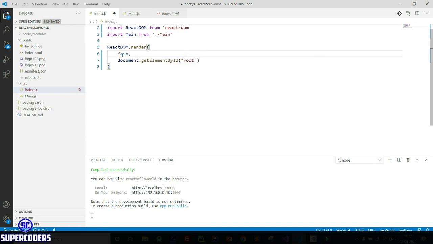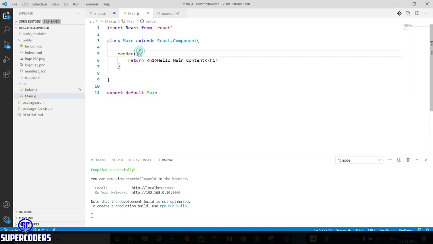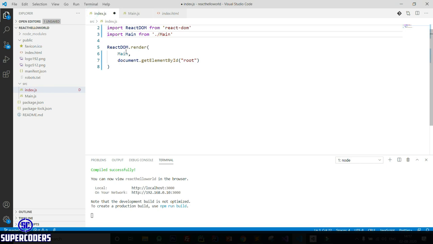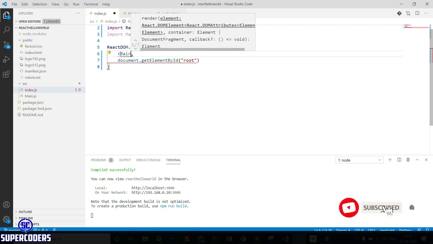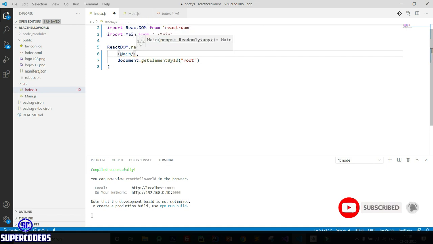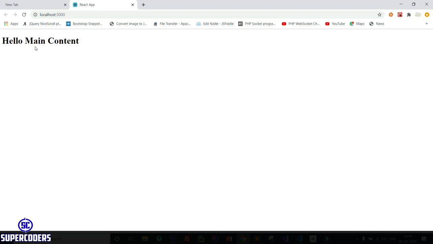So you can see if I enter main, it's imported from main.js file, and if I click on this, it shows this page. Now you need to add this in our tag format. Now let's see in a browser. So you can see hello main content.